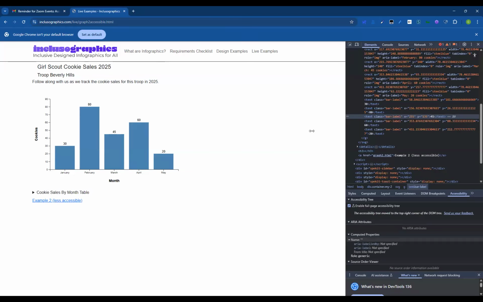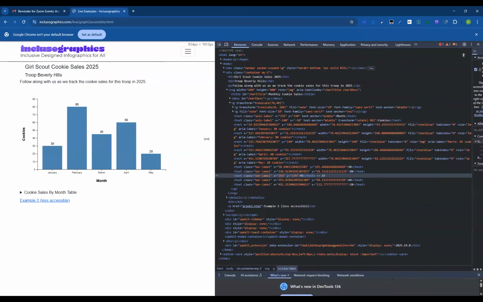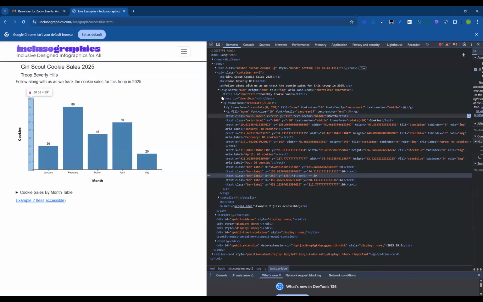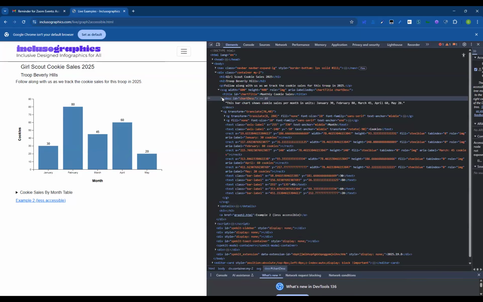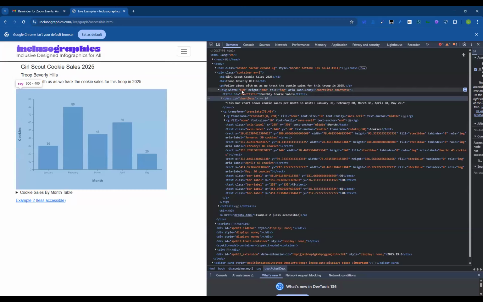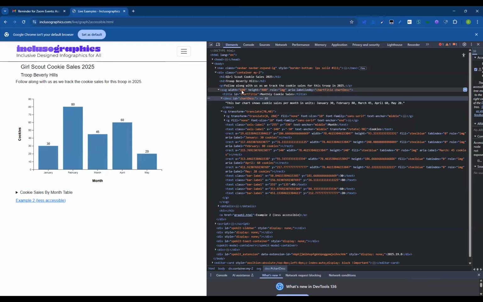Well, I mean, it could be a caption tag for the figure, it could be a P tag right above it, could be a heading depending on how your document is set up. And then you'll just have the chart there. And so it's in the title that says cookies. Yeah, and I mean, you could say January 30 cookies, this, that, but anytime it starts getting redundant and I have to say the same word 10 times, I stop saying it.